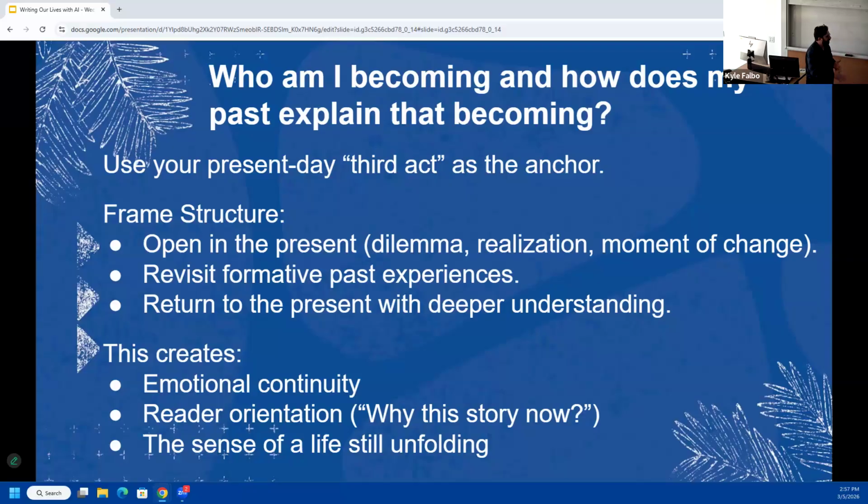And then this sense of a life still unfolding, right? I think telling the story of the transitioning into the third act really offers up this kind of continuity, that it doesn't just end at 65, right? That there's more to the story, there's more to come. Even if you're getting to the closure of your memoir of where you're at, this can help with finding those closing moments, even though it's not the end of your story.